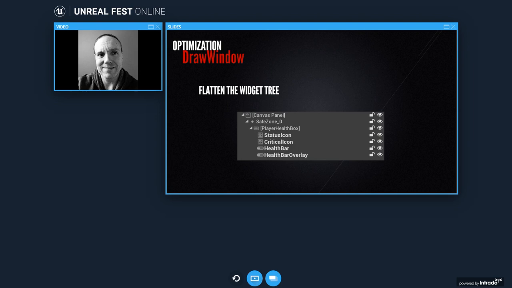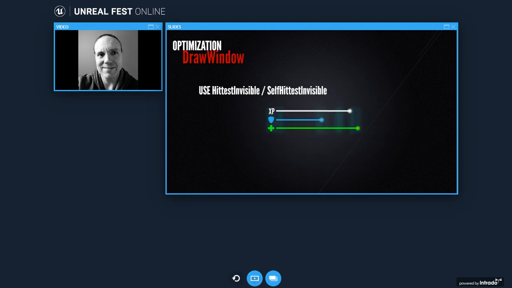It is also always worth remembering that the widget tree in the UMG designer is a direct representation of the task graph executed by the code processing those widgets. So this means that a smaller widget tree means fewer function calls, and a flatter widget tree means less recursion.